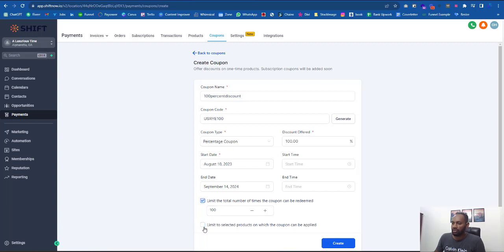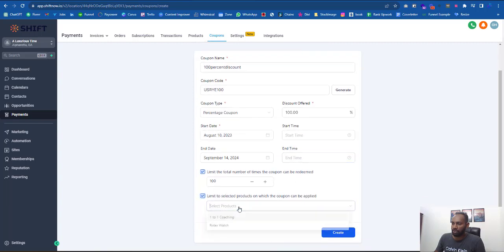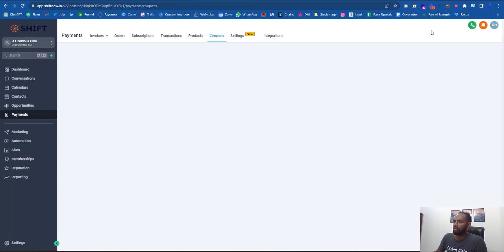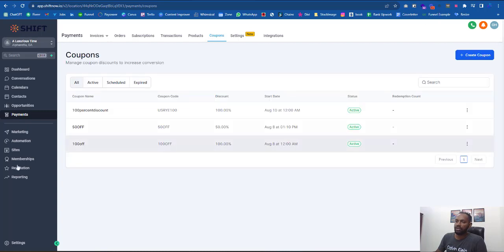You can also limit the coupon to selected products on which it can be applied. This is important because we have lots of products. This coupon code will work for every product we have. So we need to find out which product we are going to give this redeem code for, valid for which product. So this is what we need to create, and it's done. So if anyone uses this code for our discount,